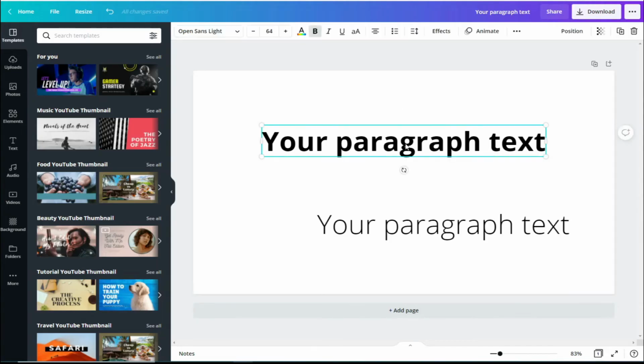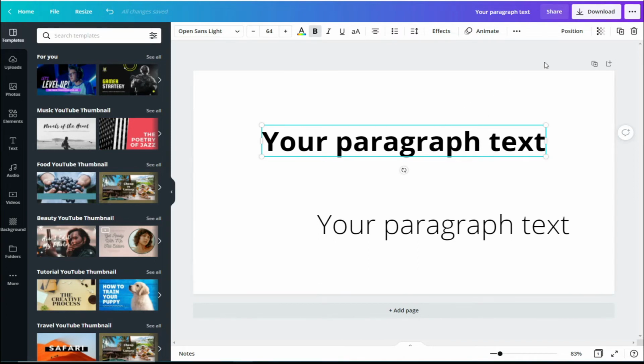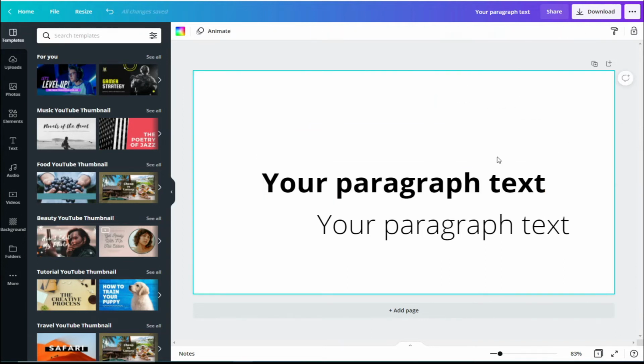Moving on, the next tip I want to share with you is perfect alignment. How do you align text and all sorts of elements so that it is perfectly aligned? Let me first share with you the first way. Now if you want to center the text, it's hard to know where the center is. Let me share with you the first way with this text here. Let's say we want that text in the middle. All we need to do is just go to the position, click on the middle, then to the center. And there you have it, that's right in the middle.